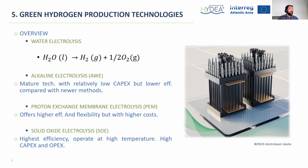They are different from each other regarding maturity. For example, alkaline electrolyzer cells are a mature technology with relatively low cost but lower efficiency compared with the newer methods. And when I refer to newer methods, I'm talking about proton exchange membrane and solid electrolytes. The PEM offers higher efficiency and flexibility, but with higher costs and maintenance. The solid oxide electrolyzer cells are those systems that have the higher efficiency and